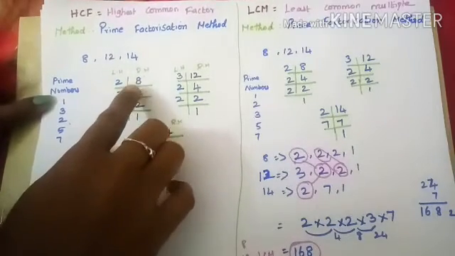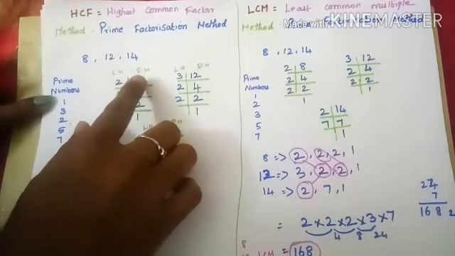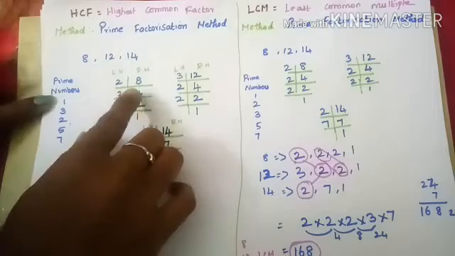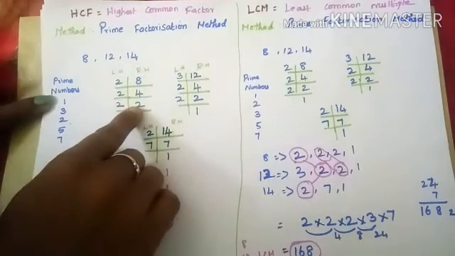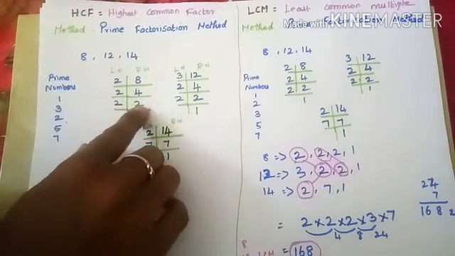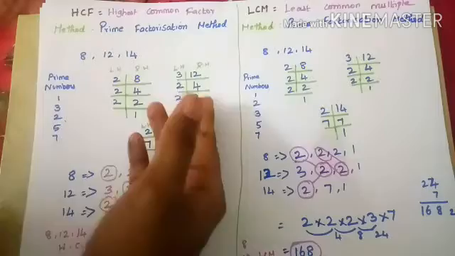So 8 here. 8 is easily divided by the 2 table. So I write 2 here. 4 2s are 8, and 4 is easily divided by the 2 table. So 2 2s are 4. So 2 is easily divided by the 2 table. So write 1 2s are 2. So when we get 1, we are going to move to the next number.